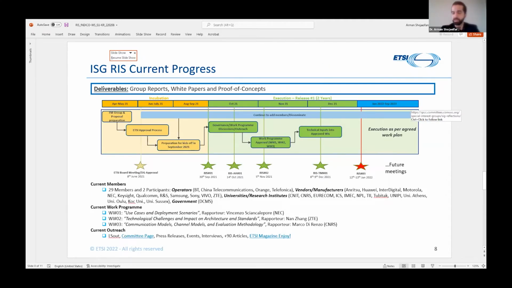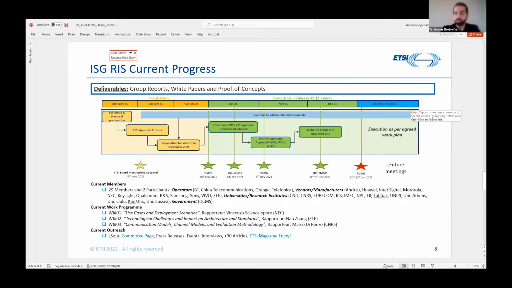In terms of the progress of the ISG-RIS, so in early June of 2021, the group was approved by ETSI Director General following consultation with ETSI Board. And we officially launched the group as of end of September of last year with a kickoff meeting.